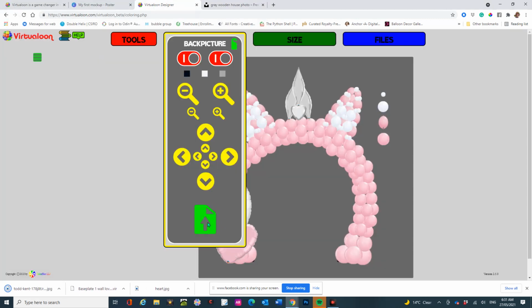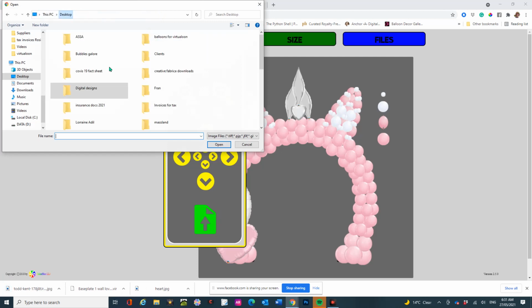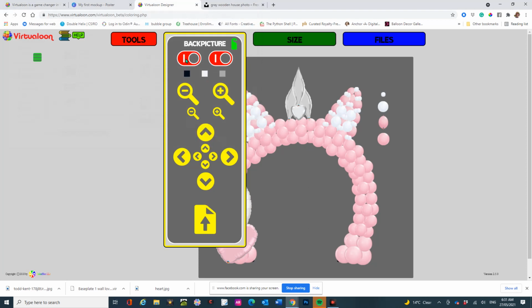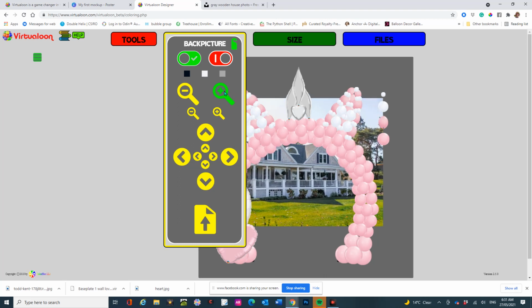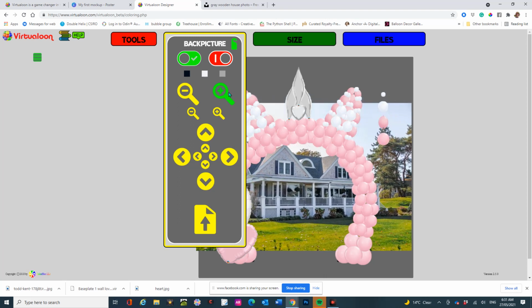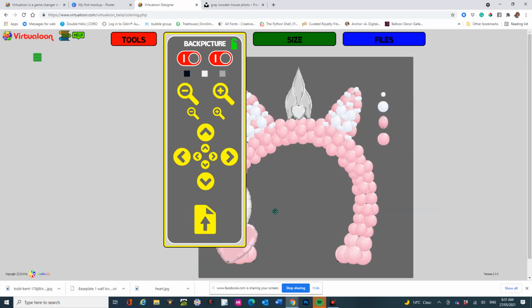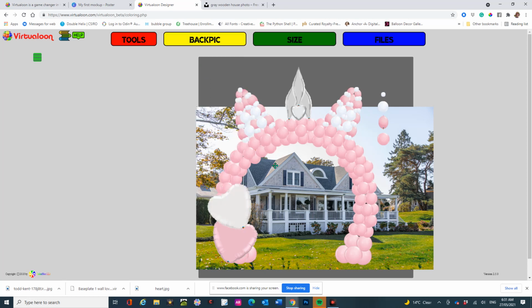Then you go in here and upload it, and then you can put the unicorn onto it. So there's the picture of the house, and this makes it so that if you wanted to build an arch or some sort of something on this house, you put the picture in, and then you can build your garland or whatever on the house